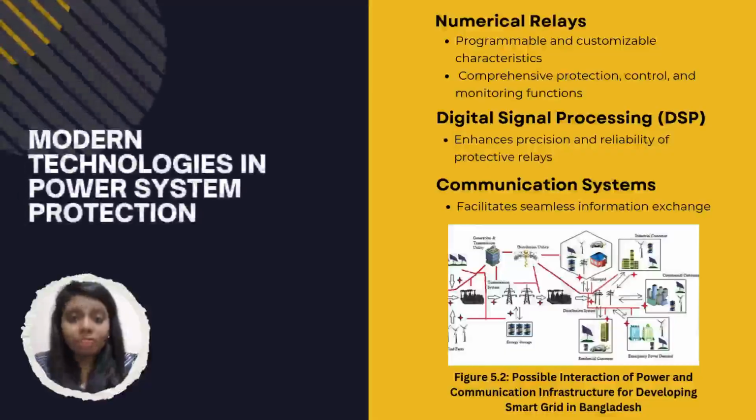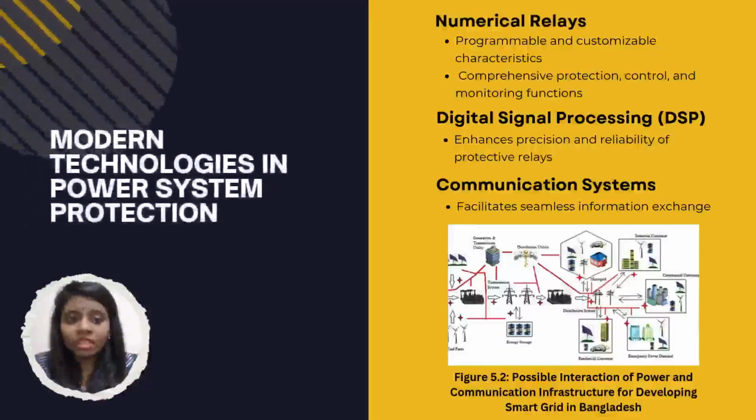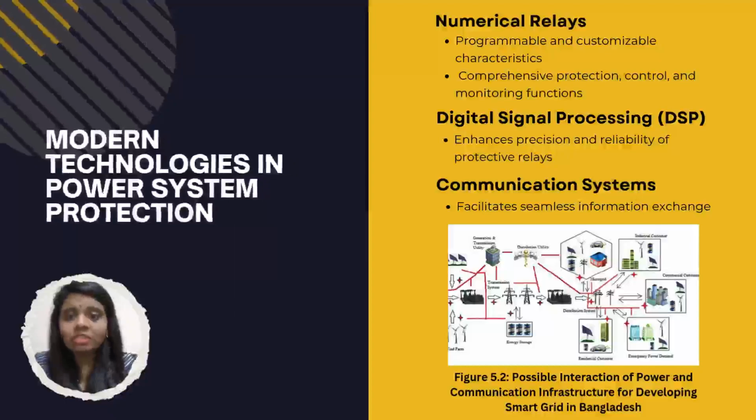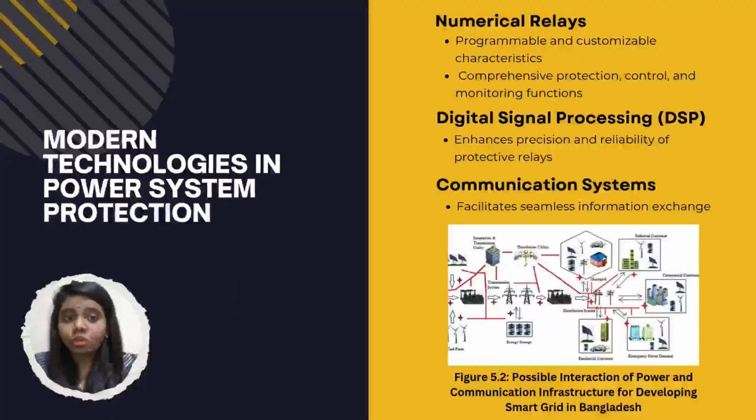Modern technology in power system protection. First is the numerical relay, an advanced protection device that leverages microprocessor-based technology to offer programmable and customizable protection characteristics. This relay provides a comprehensive suite of functions, including overcurrent, distance, differential, and earth fault protection, as well as